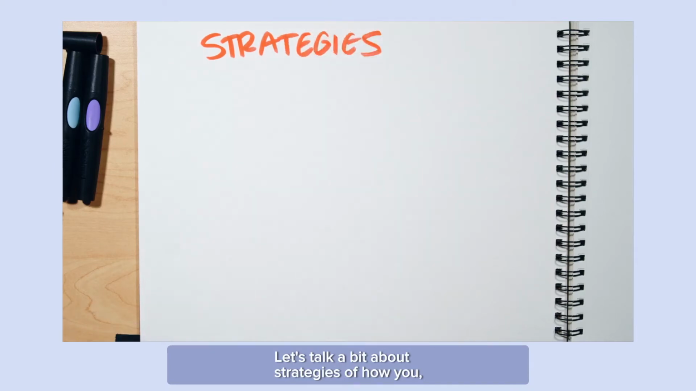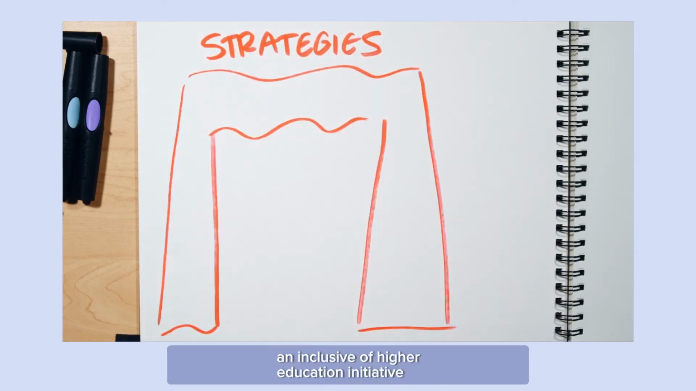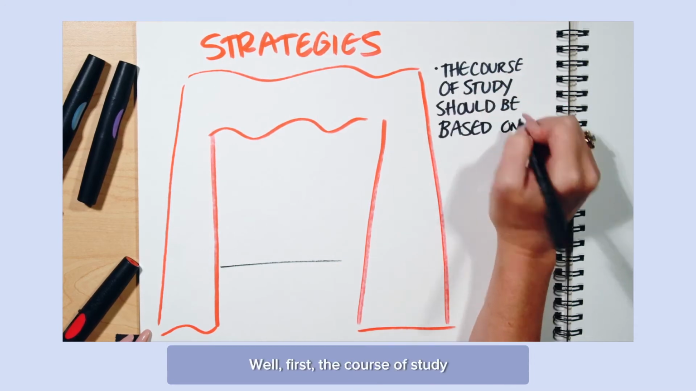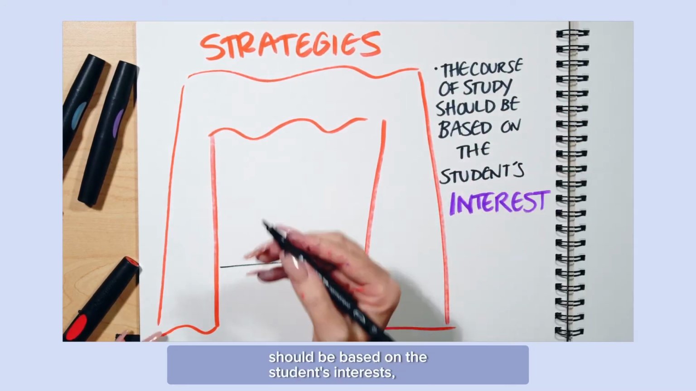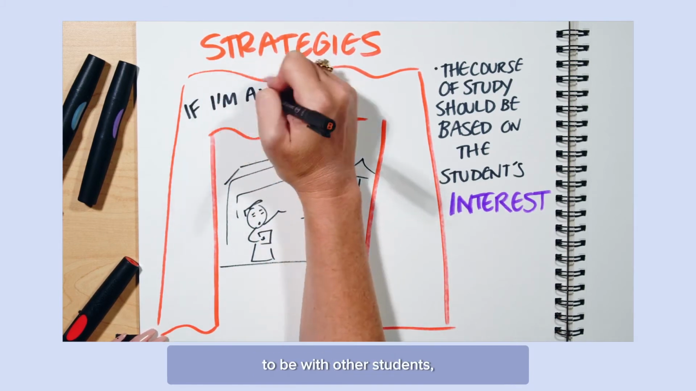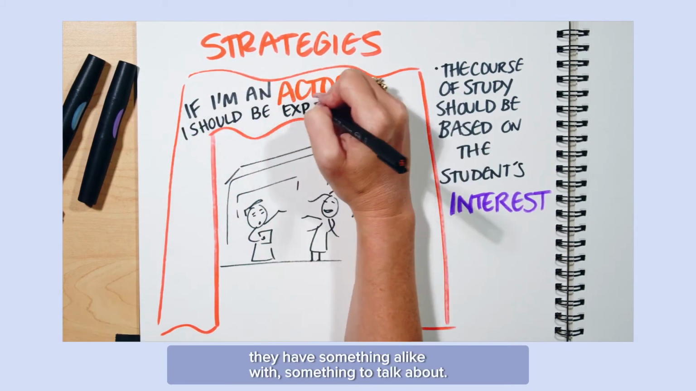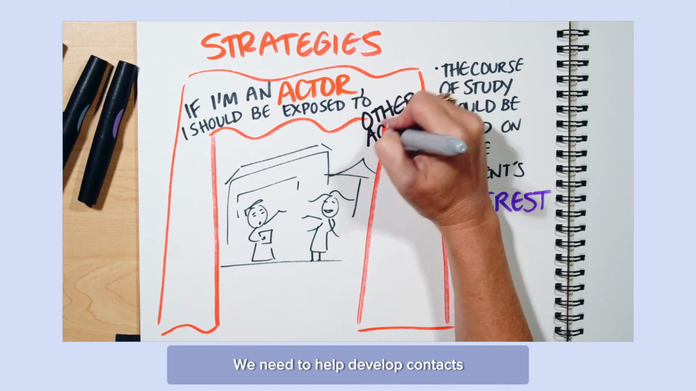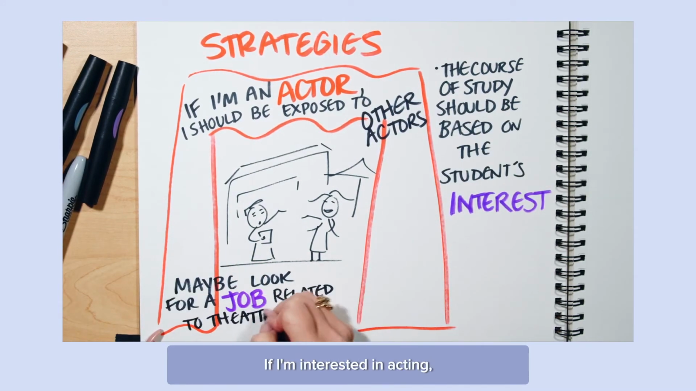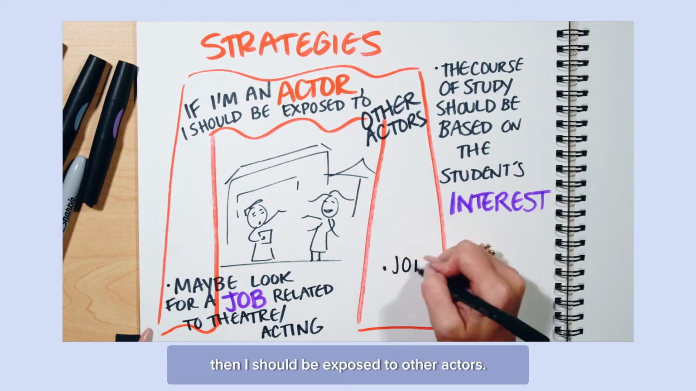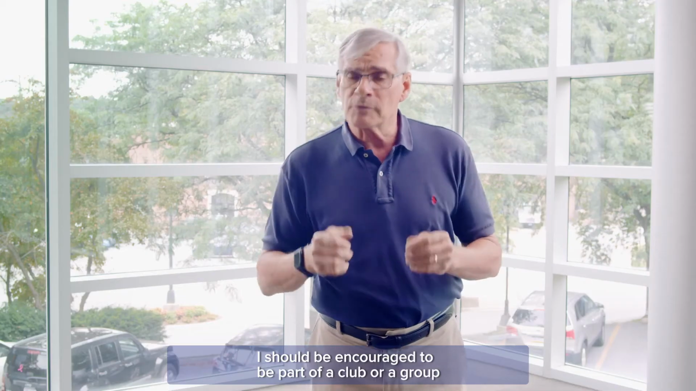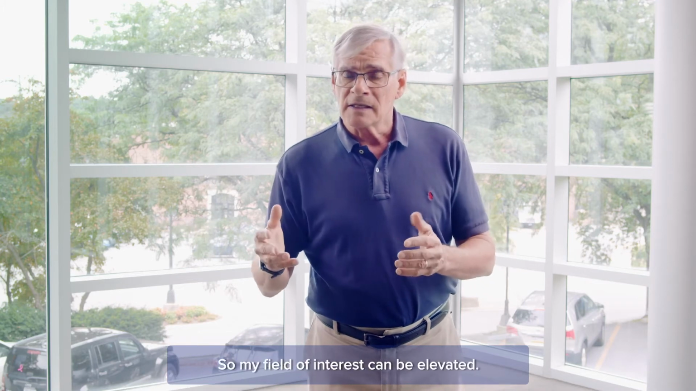Let's talk a bit about strategies of how an inclusive higher education initiative can make all this happen. First, the course of study should be based on the students' interests, because that's going to be the opportunity for them to be with other students they have something alike with, something to talk about. We need to help develop contacts in the student's field of interest. If I'm interested in acting, then I should be exposed to other actors. I should be encouraged to be part of a club or a group that's about acting,